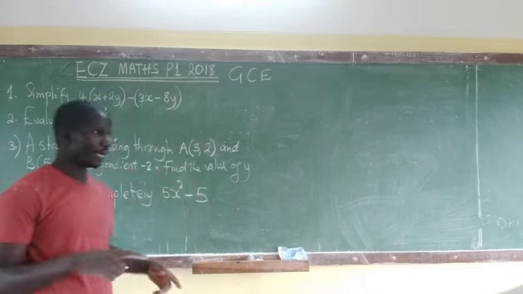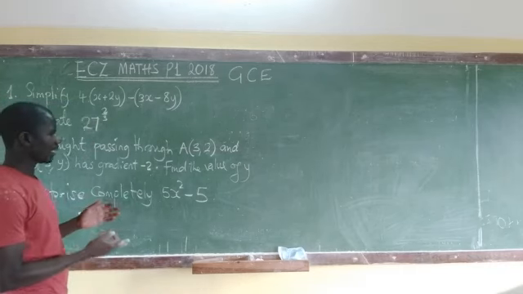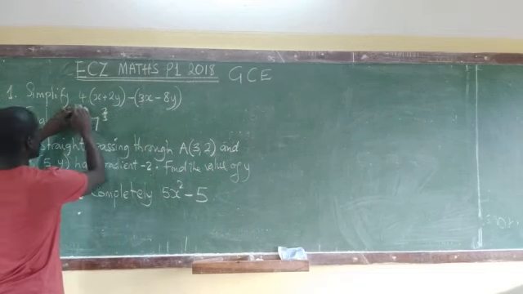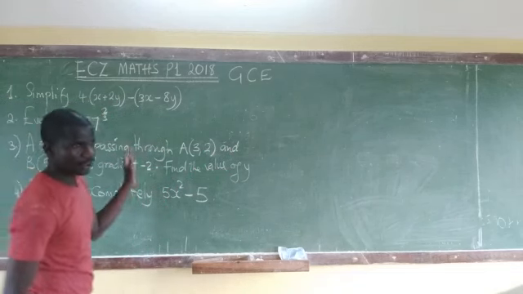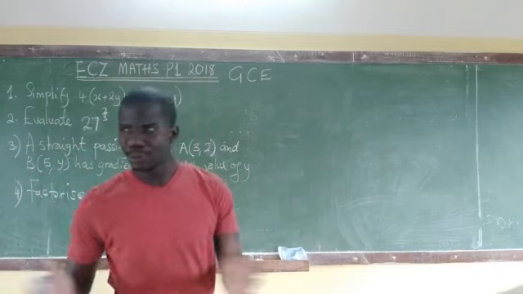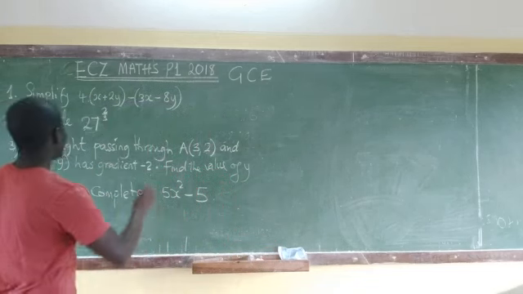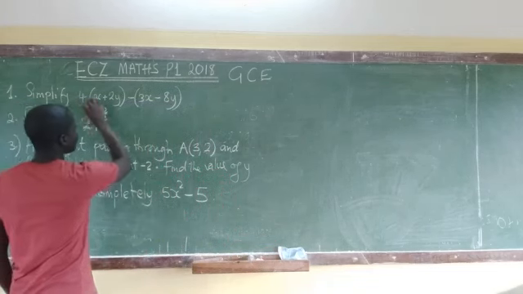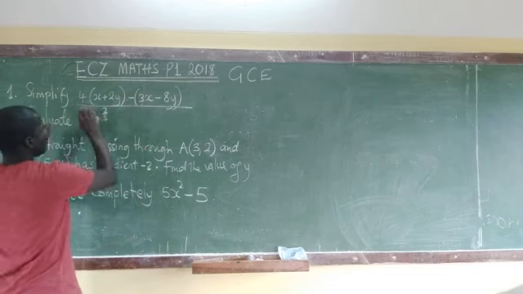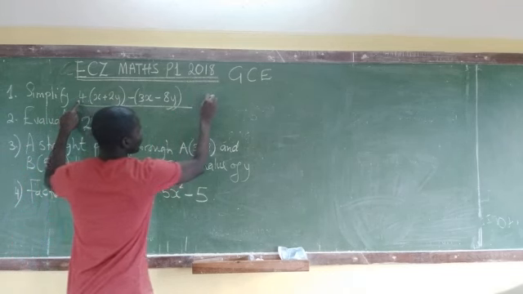We need to simplify, okay? What does it mean to simplify? We need to get rid of the brackets and identify if we've got common terms and then put them together and then simplify them. So in this case, we need to get rid of the brackets. What do you do? You multiply. So for the first one, we are going to get